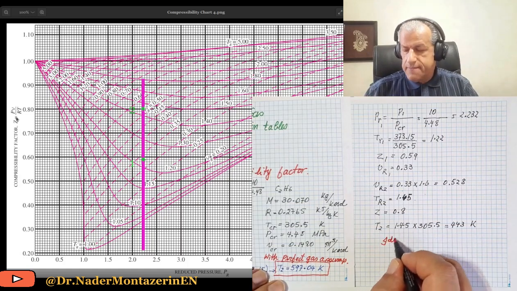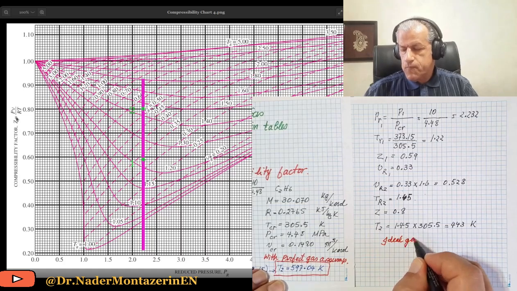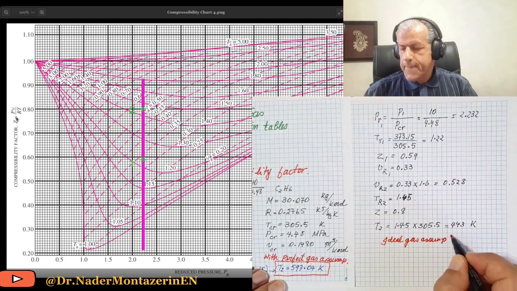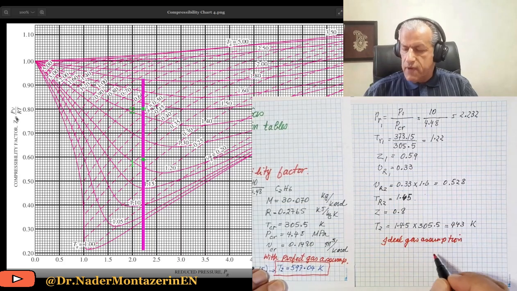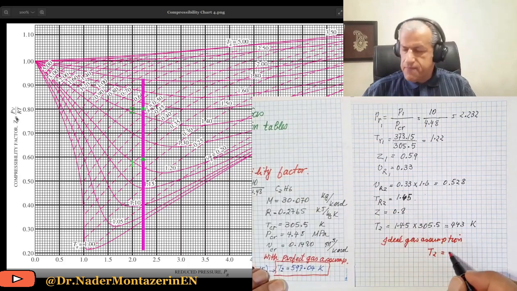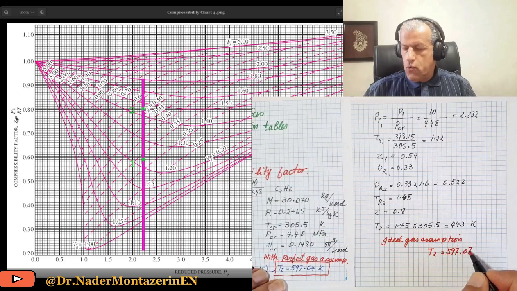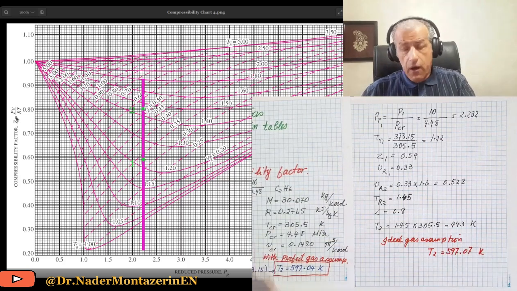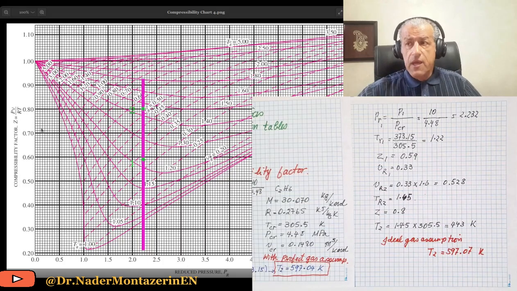The ideal gas assumption would give us T2 equal to 597.04 Kelvin, which is far different,